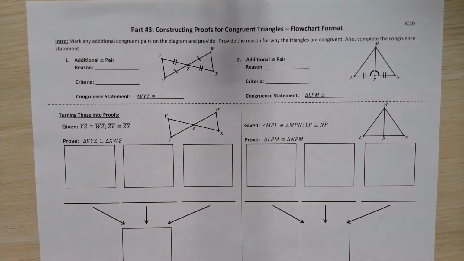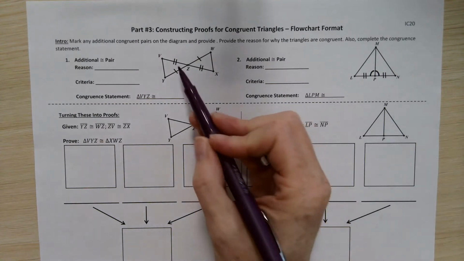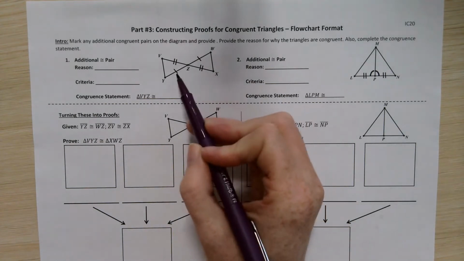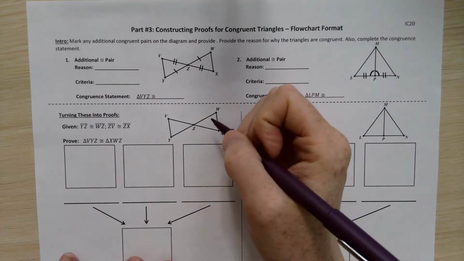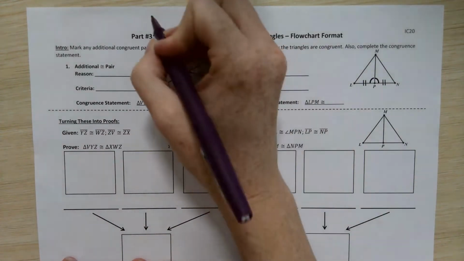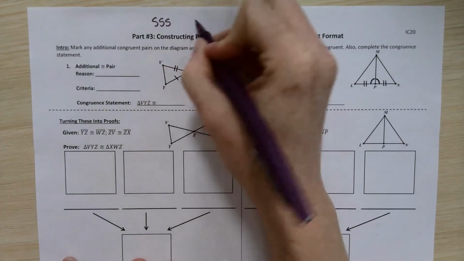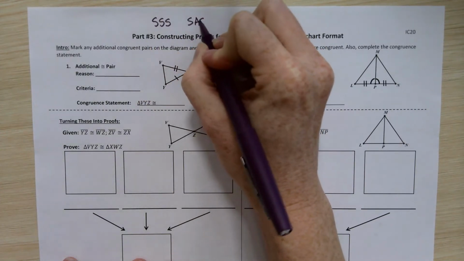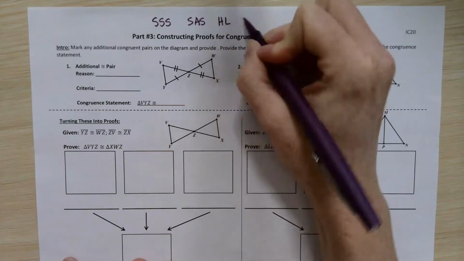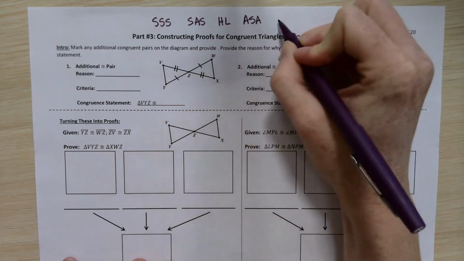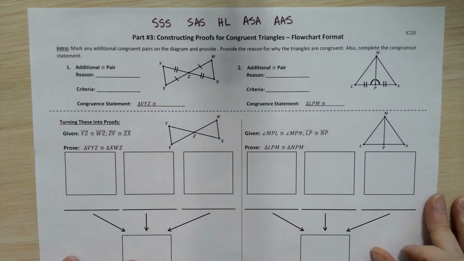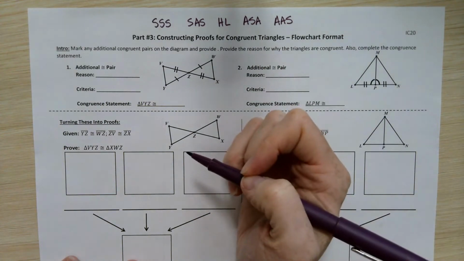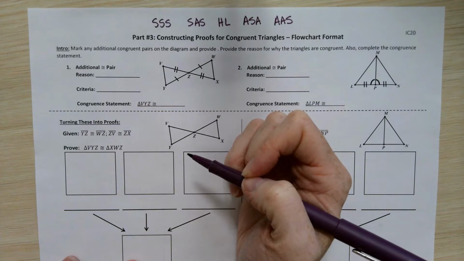All right, welcome back. When we are looking at these two introduction problems, problem number 1 starts us off with 2 pairs of congruent sides. So on their own, that's not enough for us to match one of our 5 congruence criteria. Remember, those are SSS, SAS, HL, ASA, and AAS. Those are what we're choosing from. So we need some kind of additional pair of congruent parts if we're going to be able to say that